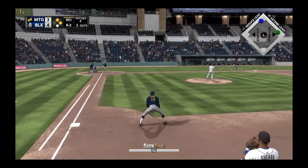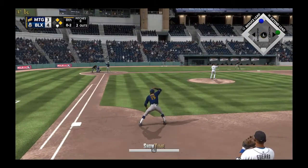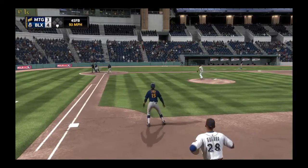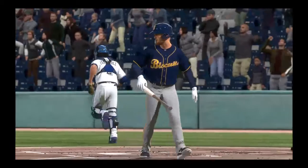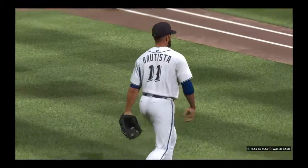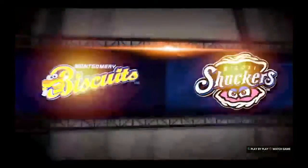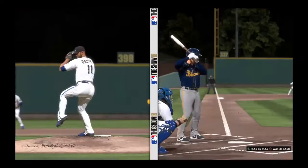Big spot. 2 out, possible tying and go-ahead runs on base. And a big strikeout there as they'll leave a couple of runners on base, and after a good start to the inning, they can't capitalize any further. So 1 run on 2 hits, no errors, and a couple of men left. Home half of the